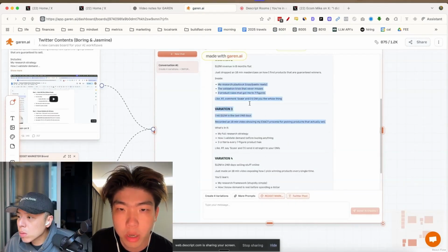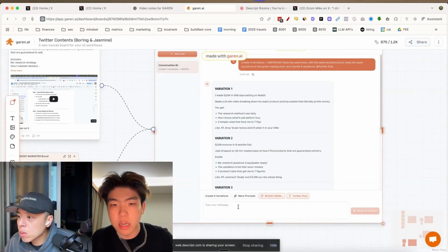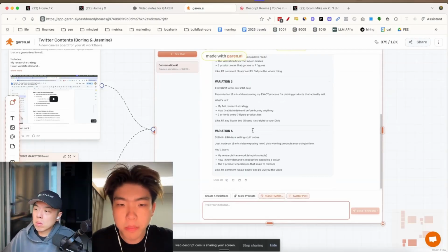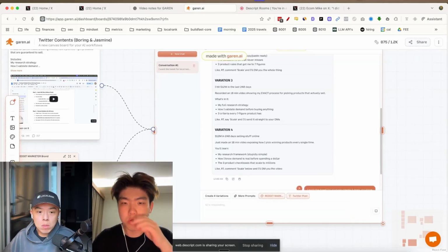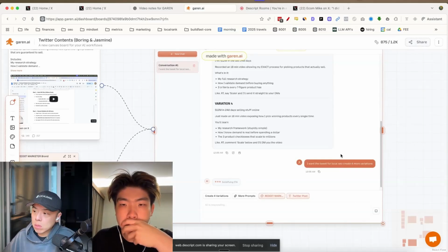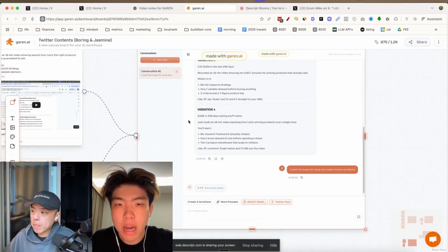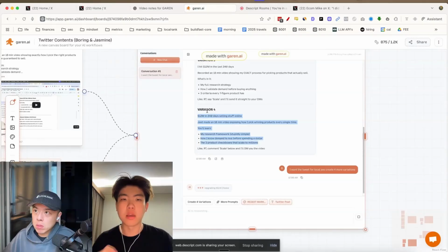So yeah, there's a bunch of examples here. And then let's say I want it for local SEO. You can just say, I want the tweet for local SEO, create four more variations. So you just do that. And then after you do this, you can just copy paste this into your tweet scheduler and just schedule